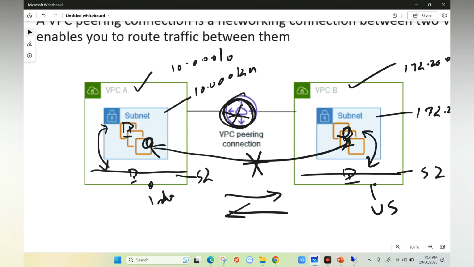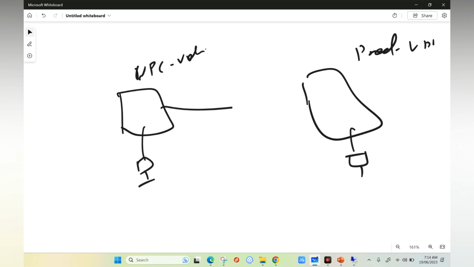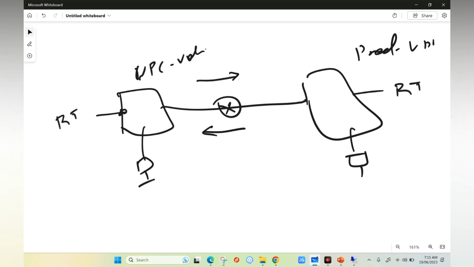The reason for this is, if you go to my whiteboard, earlier we had a VPC here, which is VPC VDA, and another VPC, which is the prod VDA VPC. Now we have a VM here as well as a VM here. We established the VPC connection, so technically it should allow inbound and outbound connectivity. However, it is not able to communicate. The reason is that there is a route table attached to each VPC. So now we need to add an entry in the route table saying that any traffic to this particular VPC, which is